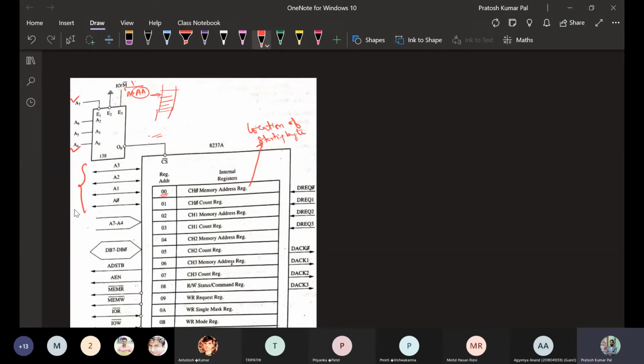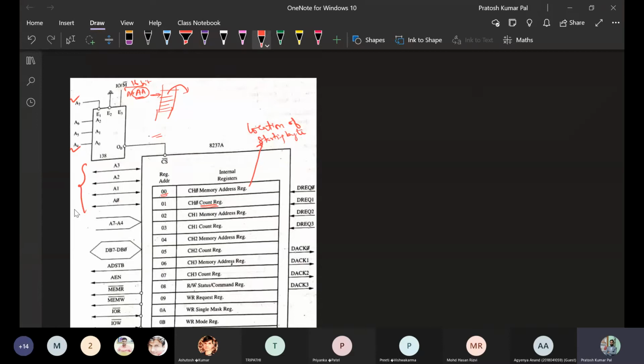That 16-bit address will be indicated, starting with the first byte, by the memory address. So channel 0 memory address will indicate the location of the starting byte of the data to be copied, and that register address is given by 0000. Similarly, 0001 will give you the count register.